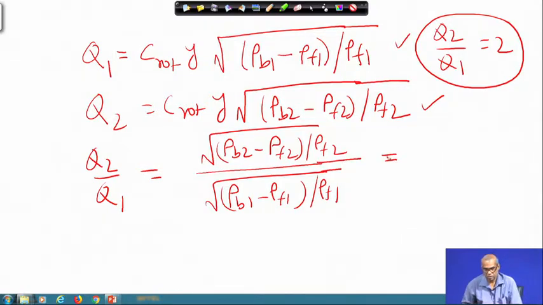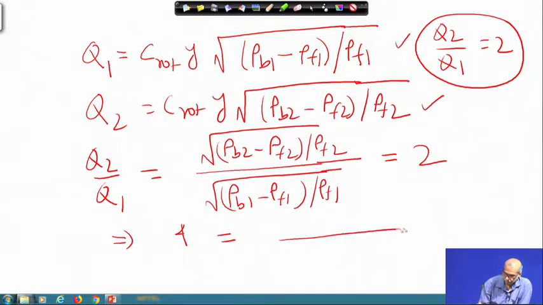This is equal to 2, because Q2 by Q1 equal to 2. So, if you square it both sides, what you will get is 2 squared, which is 4, equal to... this square root sign will go. So, what we will get is, I will write here